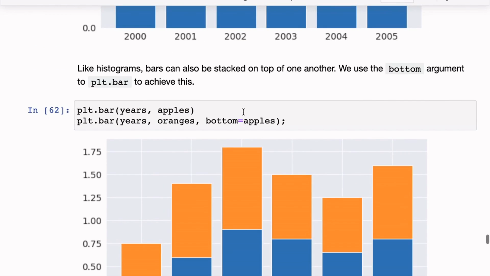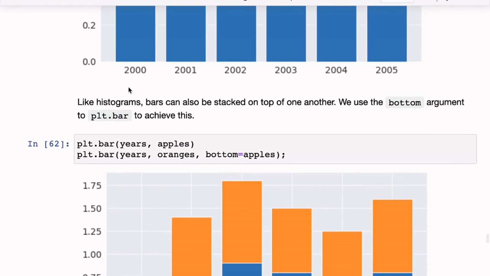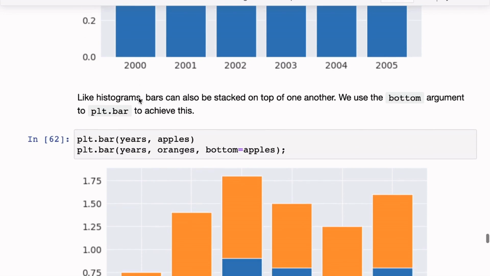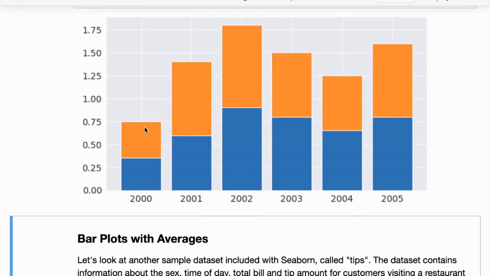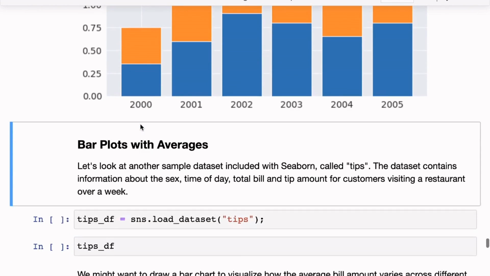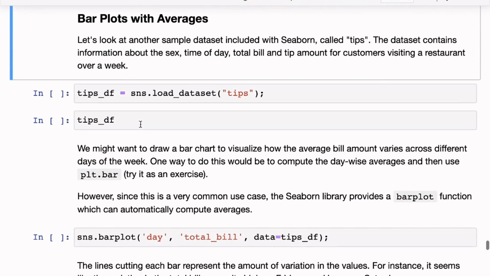And this was a convenient case because here we already had a single value for each item on the x-axis. So for each year we already had the average yield, but that may not always be the case. Sometimes we may want to show not a single metric, but an average of many rows on a bar chart. Let me show you what I mean by that.